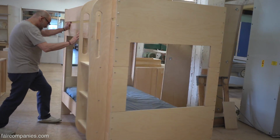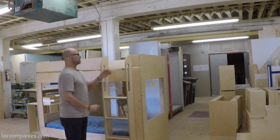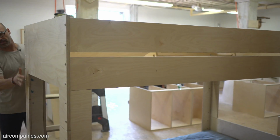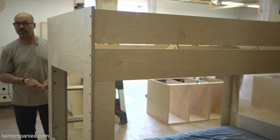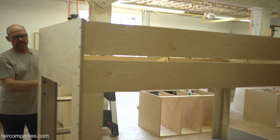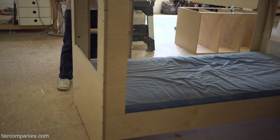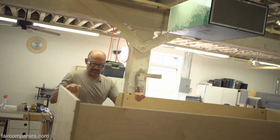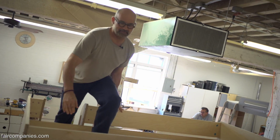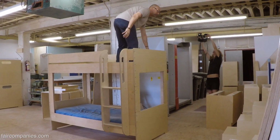I mean, this is always the challenge in furniture, is that you want to make it as strong as possible and as light as possible, because you want to make it light so it's easy to ship and easy for the customer to assemble. It's only one kind of screw, and it comes apart in enough pieces that I can ship it UPS. It's very strong. I mean, if you want to see the test of strength, if I don't hit my head here, I can, like, you know, jump on top of a...